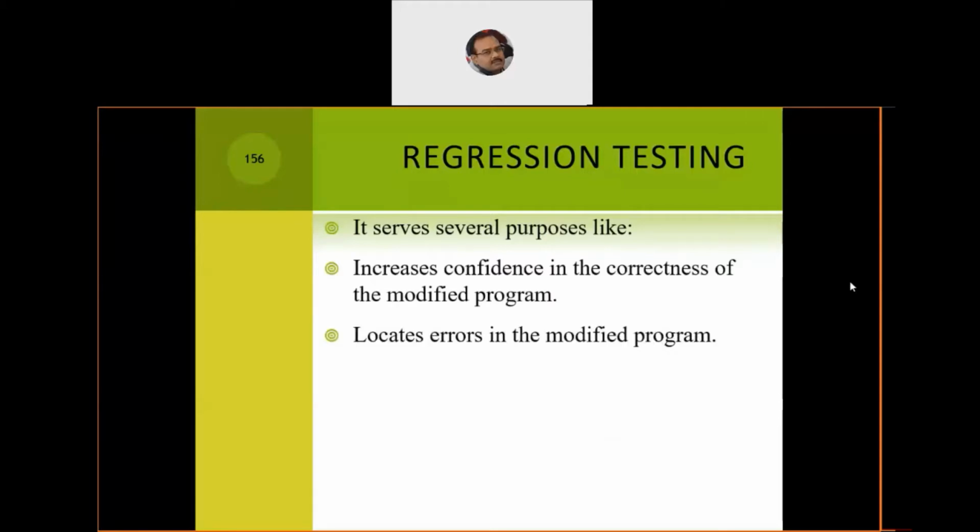Second, locate the errors in the modified program, because once you are doing a modification, you can check for more susceptible and vulnerable errors which might be there in the program. So not only do you correct that, but if you know of certain more flaws in the program, you can even correct them. Third, preserve the quality and reliability of the software because you have done the appropriate modification. So the client will be happy, your project managers will be happy, and software reliability goes up because the clients will no more face the same problem which they encountered earlier before the modification was done.